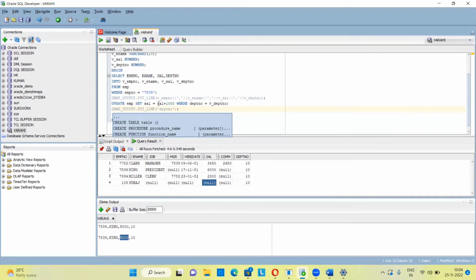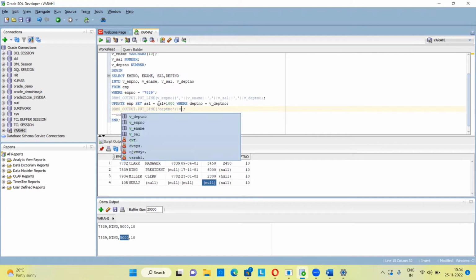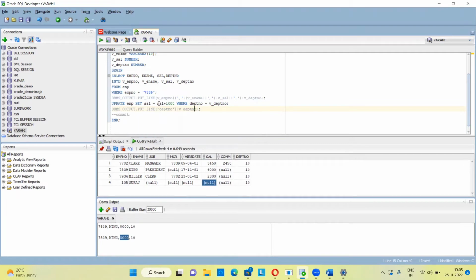Department number. Which department number? I just want to show that department number also. That's why I'm concatenating there, and I'm writing v_department_number. So this is the value. This is the department number we are actually updating, right? And I need a space between that. So I'm giving that. Okay, department number, v_department_number,